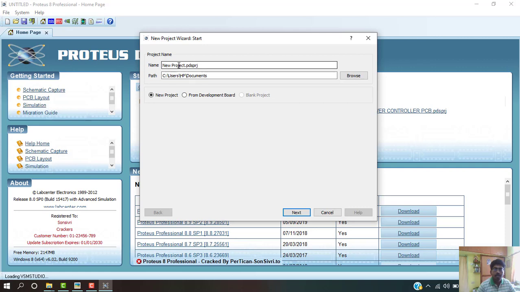Okay, here you have to give your project name. This is a dual power supply regulator, so I am going to give dual power supply regulator.